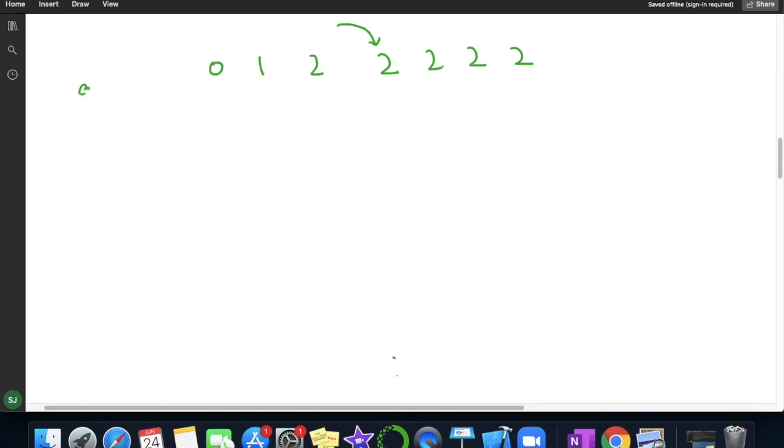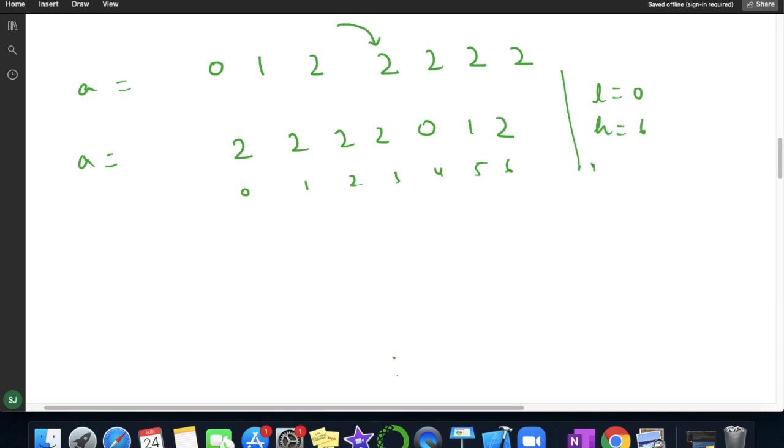So my new array, suppose this is my A, will look like 0, 1 and 2, and my indexes are 0, 1, 2, 3, 4, 5 and 6. So here my low is 0, high is 6, and my mid will be 0 plus 6 by 2, which is 3.